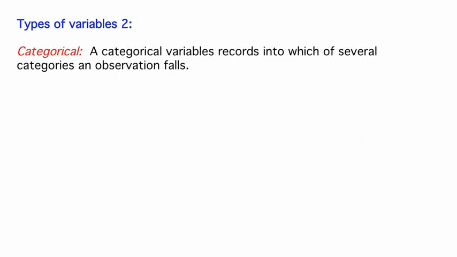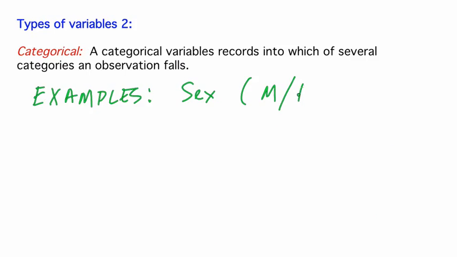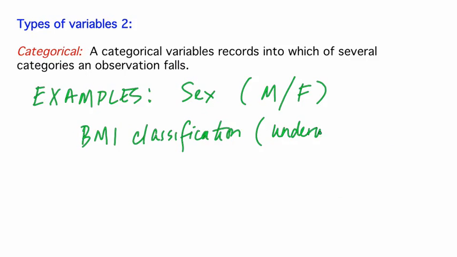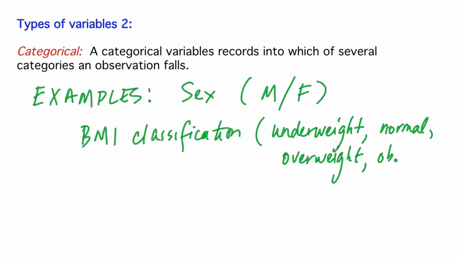A categorical variable records into which of several categories an observation falls. As we saw in a previous video, we treat categorical variables with different summary statistics, such as relative frequency, than we use for quantitative variables. Some examples of categorical variables we've seen include sex, which is categories male or female, BMI, when we consider it as the standard classifications of underweight, normal, overweight, and obese, and region of the world, which had 6 categories in